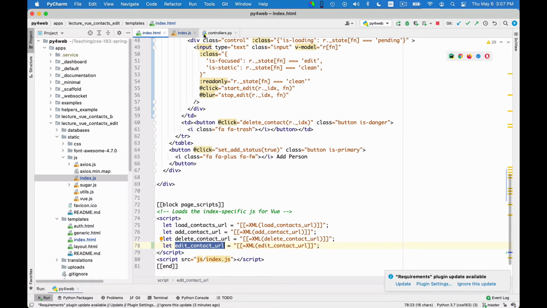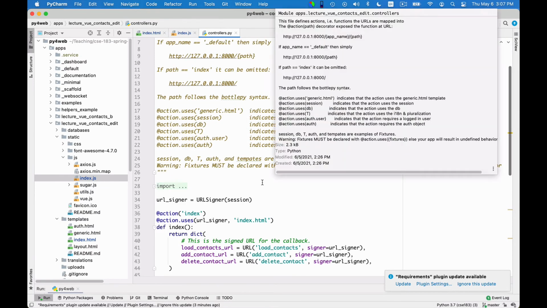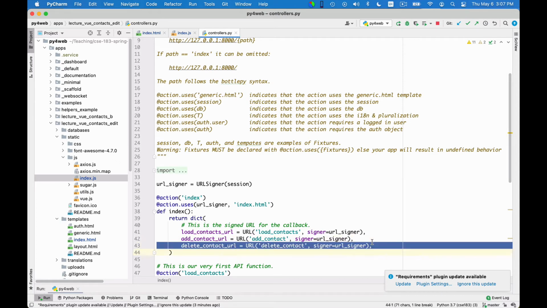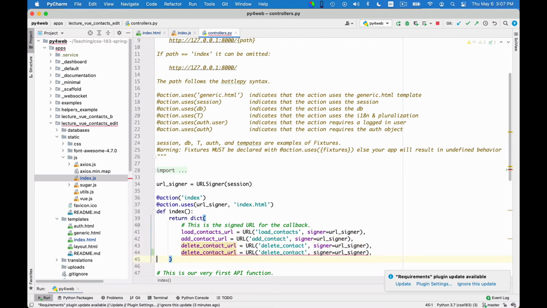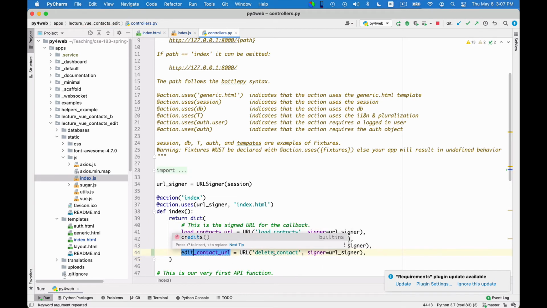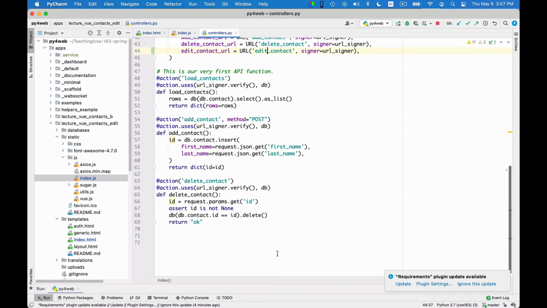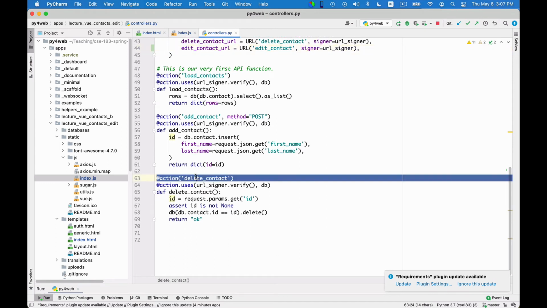And so in the controllers, I will write here, let me just copy one of these and replace it. And so here I say edit contact URL will go to edit contact. And this function edit contact, I will not write it entirely today, okay?